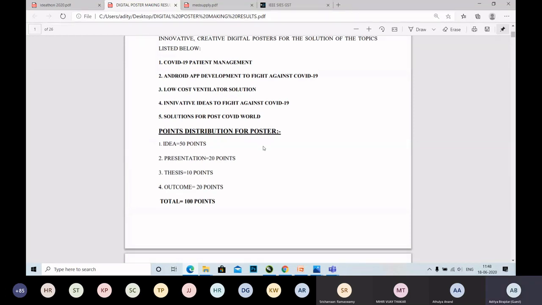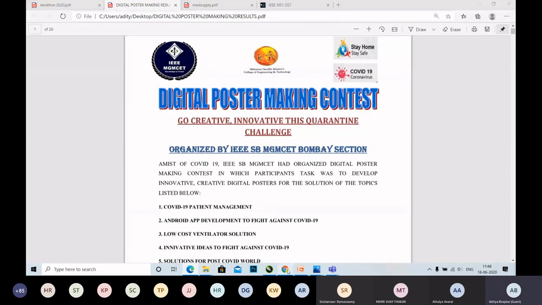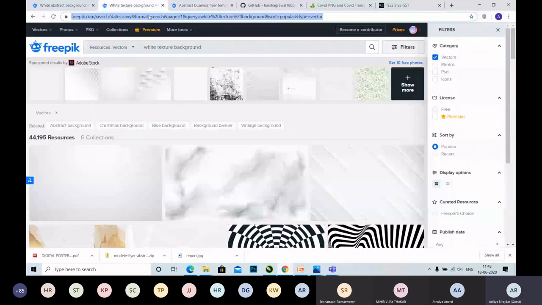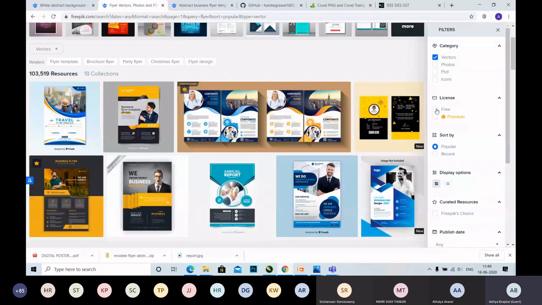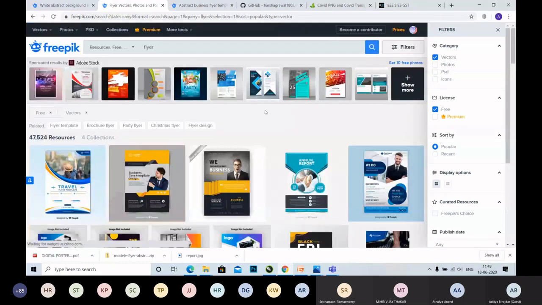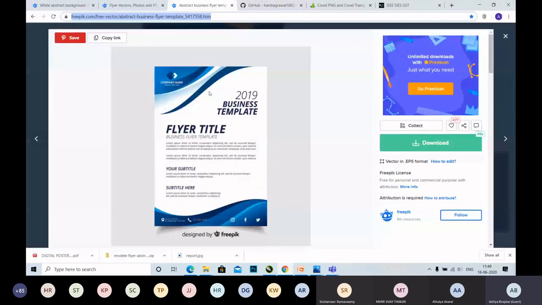So what exactly I am suggesting you to do is go to freepik.com, search for brochure, flyer or template, look at them one by one and think where you feel you can fit your contents best.